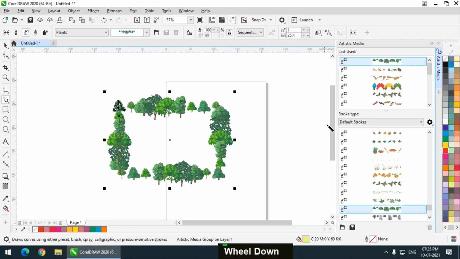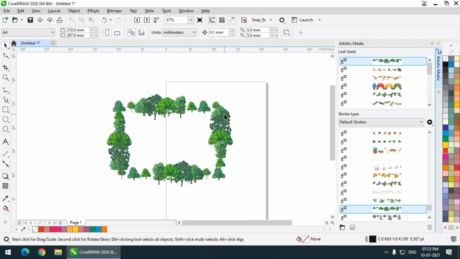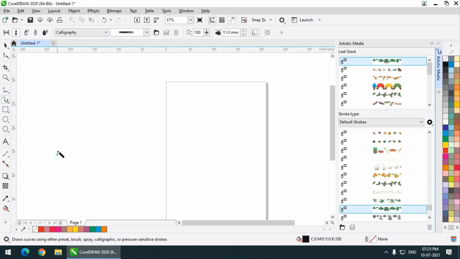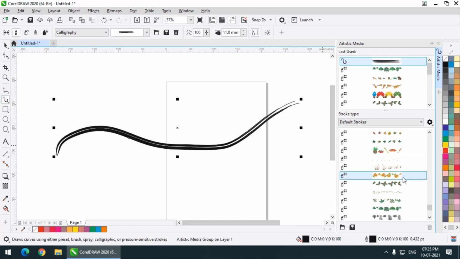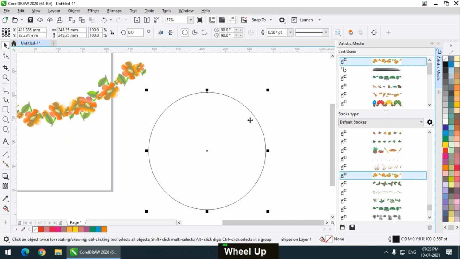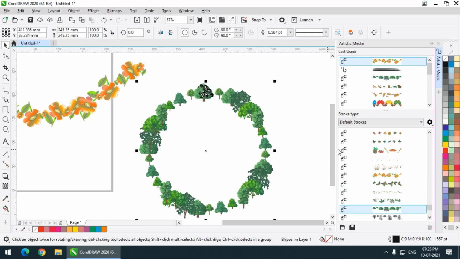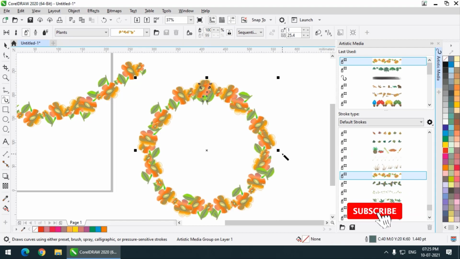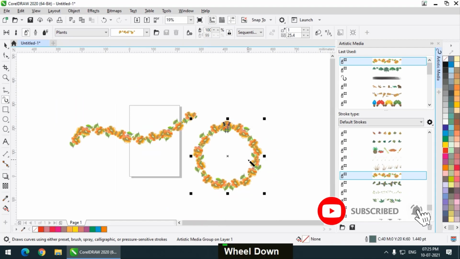So this is basically the artistic media tool. Remember, you can draw it like this, freehand, and you can always apply the artistic media options to a ready-made shape. So whatever you feel comfortable with, or whatever options you are looking for, you can use them in background design as well.